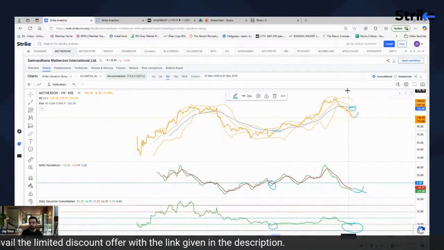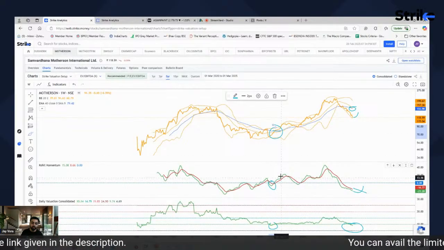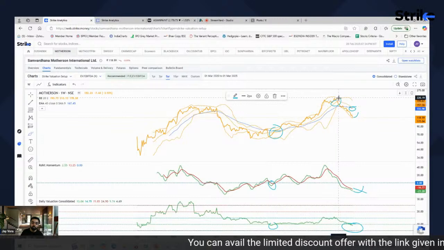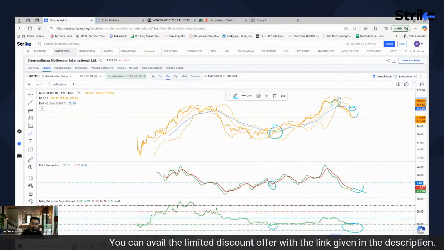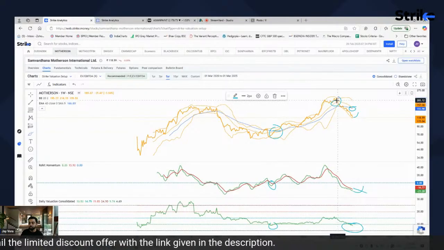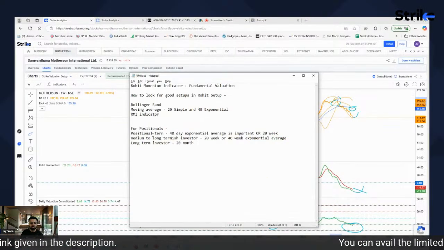In this there was a lot of whipsaw, but please understand that you are using the weekly only for the entry. When you have to do position sizing, then moving averages and the RMI signal you can also follow, but RMI is not a deal breaker. But when the averages break on the downside, which is this, as I mentioned to you.